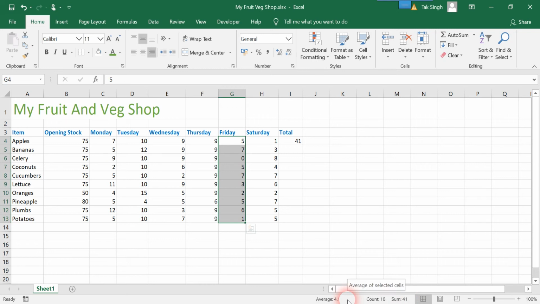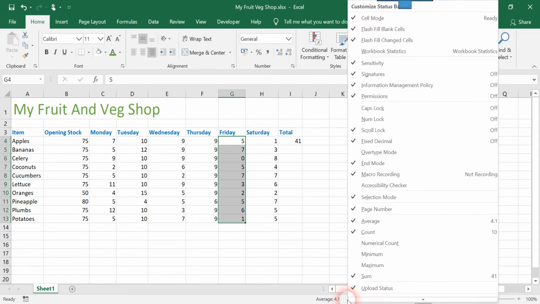This is not all I have to show. If you right click on the bottom bar, this option will open. I want you to maintain your focus from average to maximum and sum.